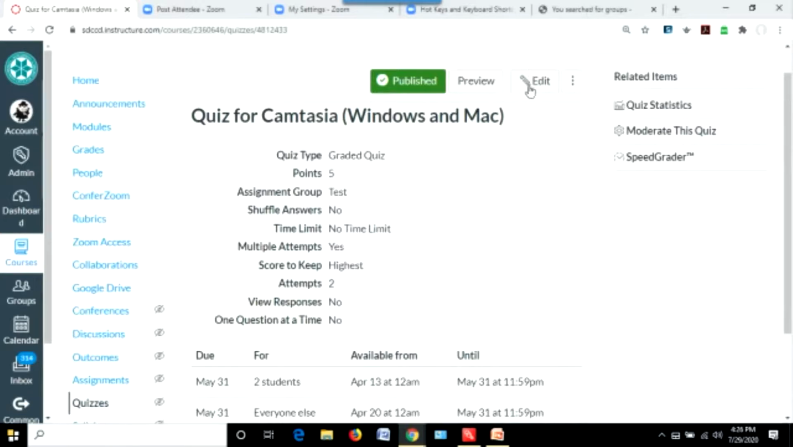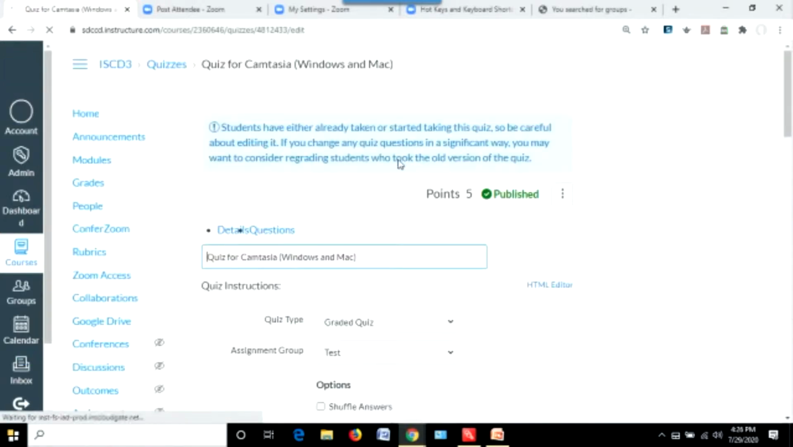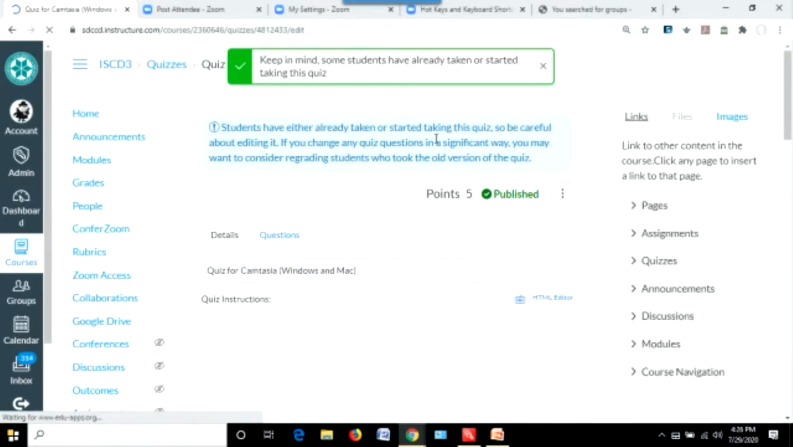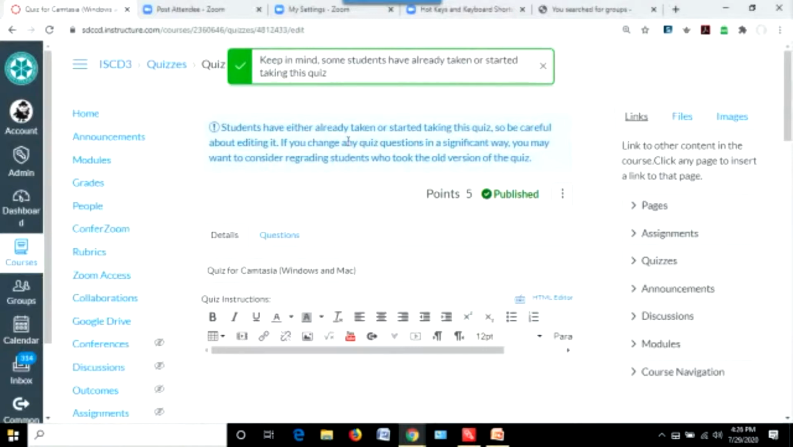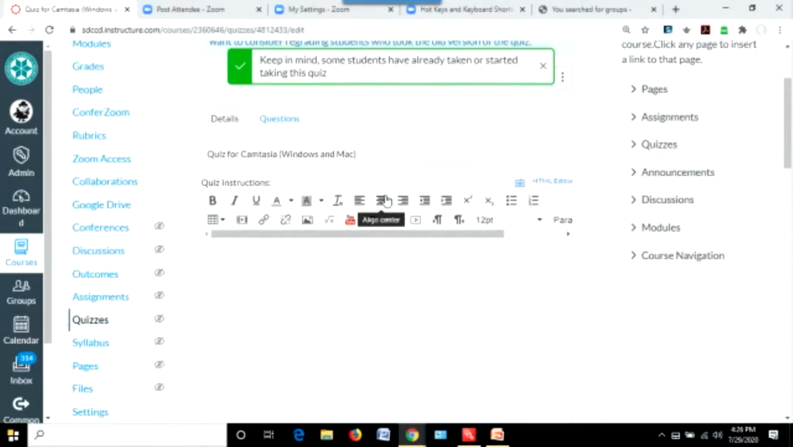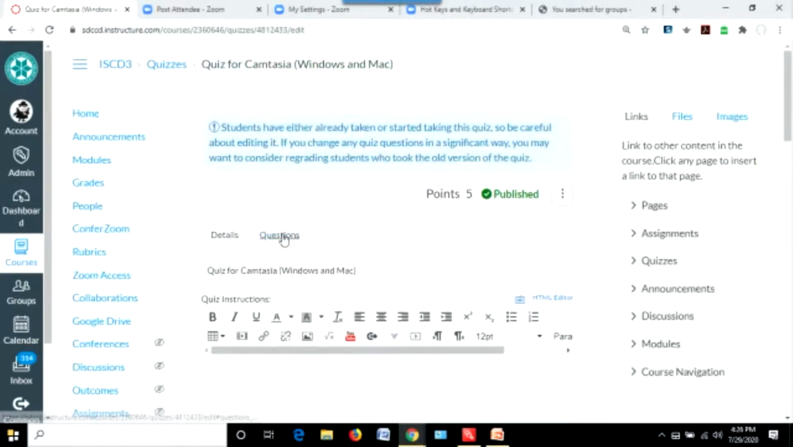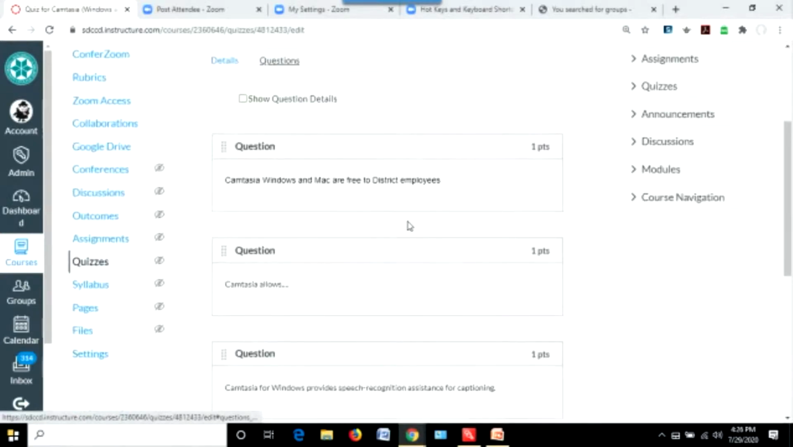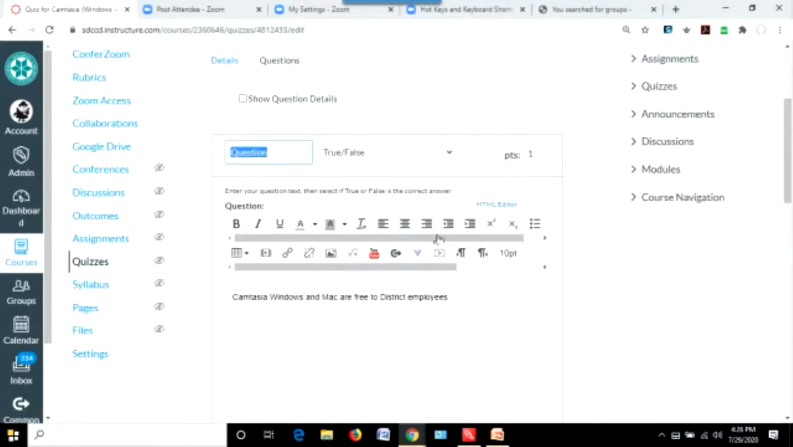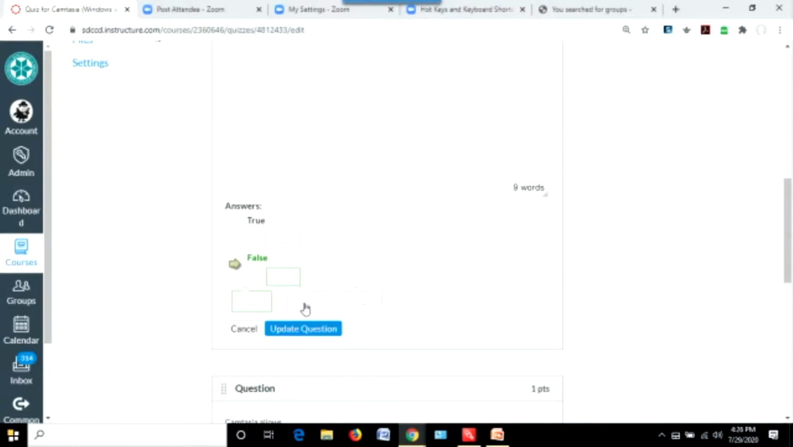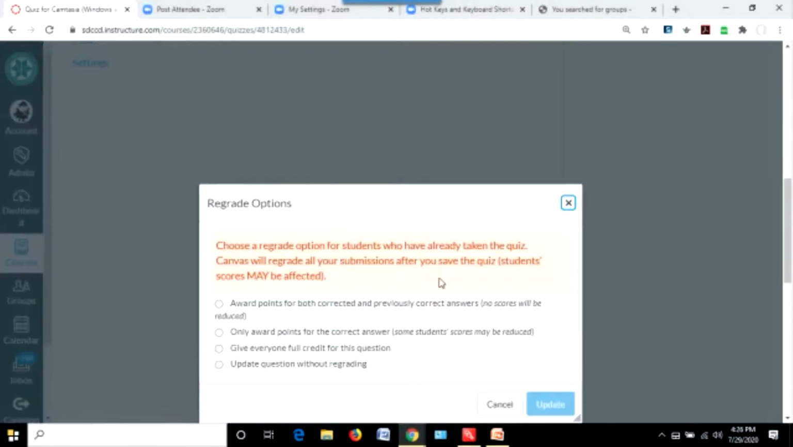Okay, if I edit the quiz, and students have taken it, that's where it tells me that. All right, if I go down to the questions and I edit a question, and let's say I change the answer from false to true, then you get regrade options,